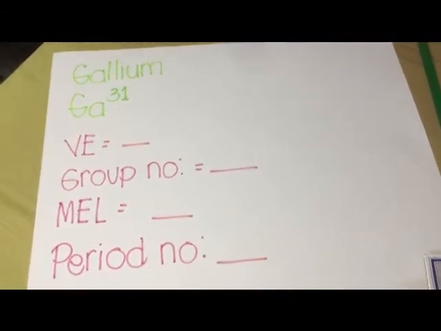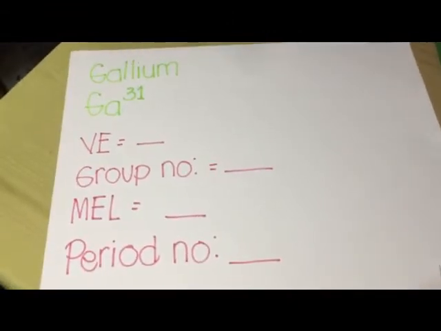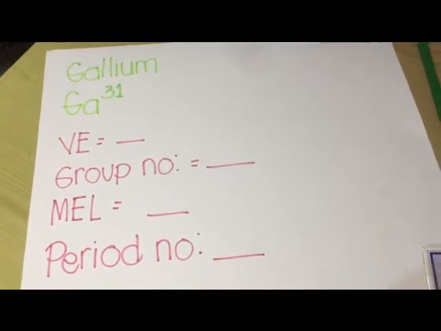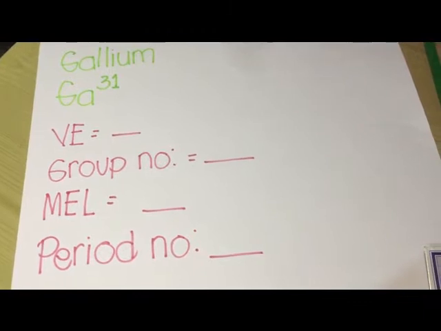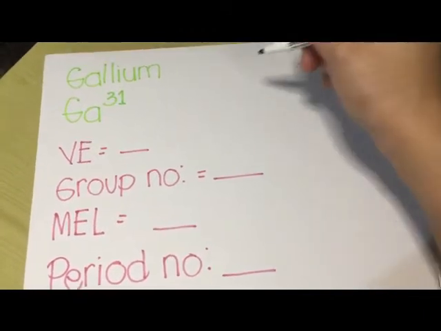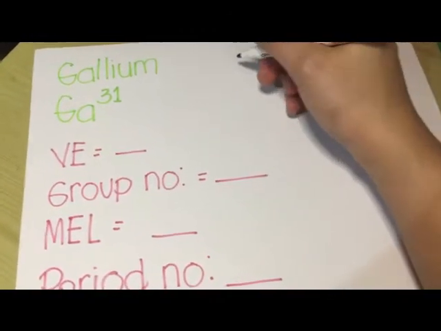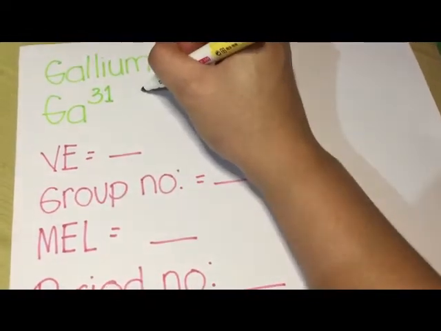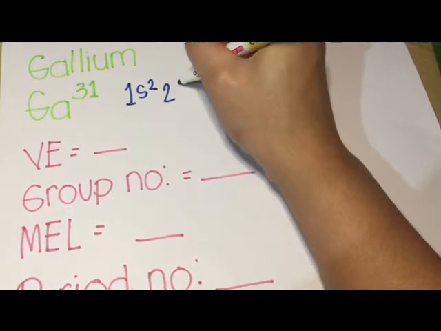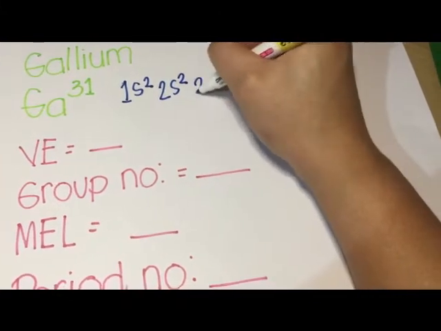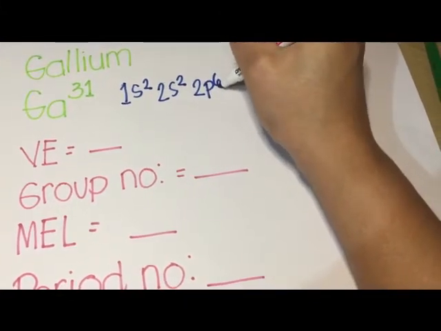Okay, so let's have another example. For this example, we have the element gallium or Ga. Atomic number is 31. So first, let's do the electron configuration. Again, we will start with 1s2, 2s2, 2p6,